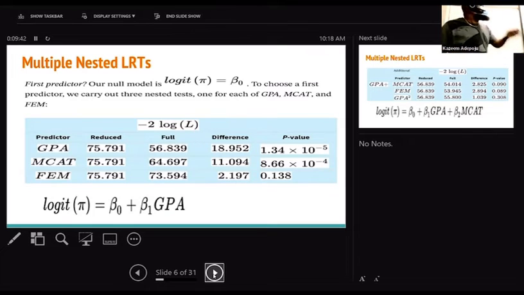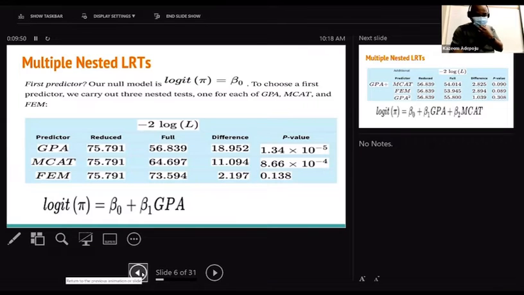Okay. For instance, if I want to look at the effects of GPA, MCAT, and whether the applicant is female or not on acceptance into medical school, I want to take a look at what I have on the board. You know what I have here? I've extracted the residual deviance,